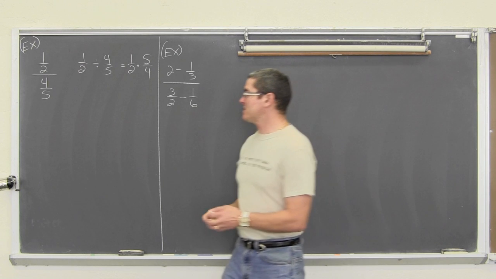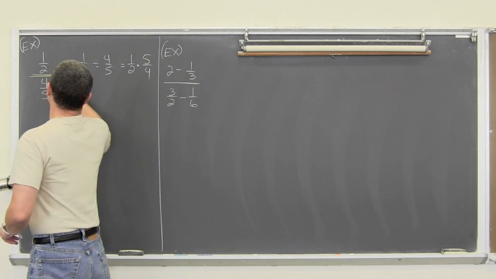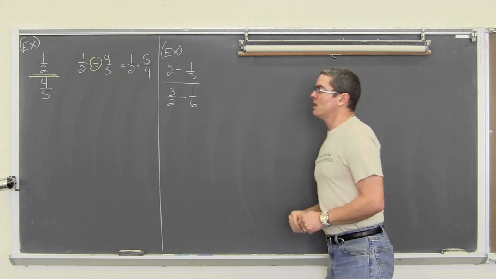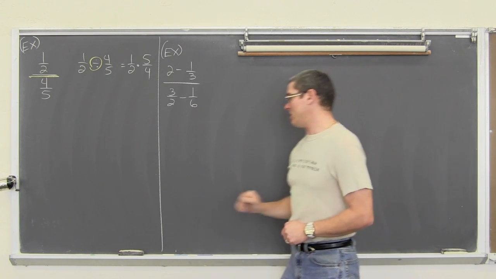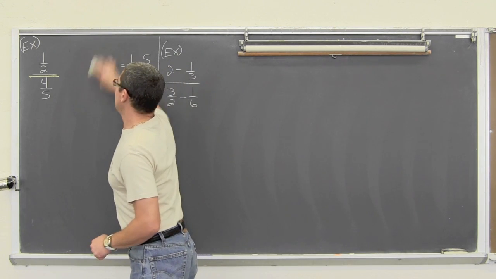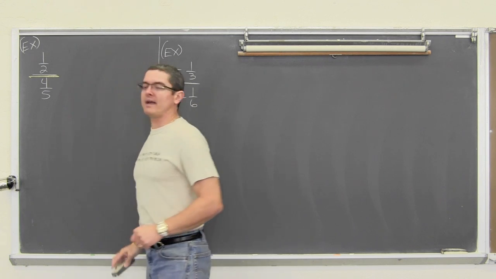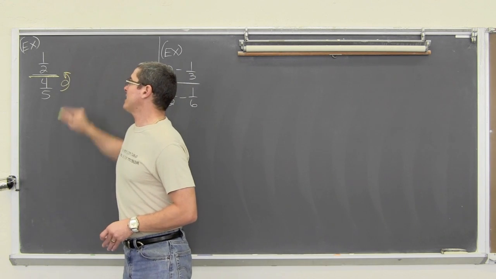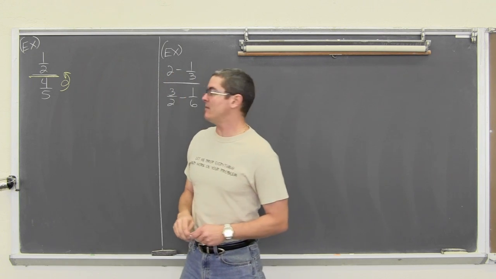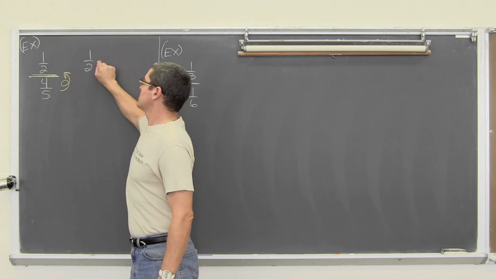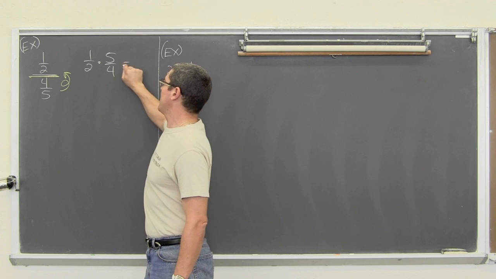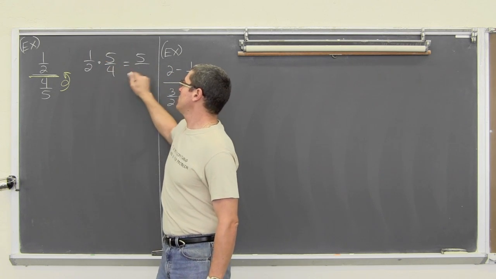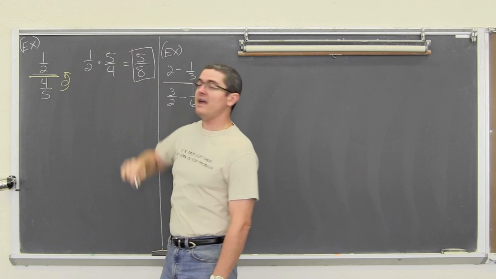Now, I'm showing you with this main fraction bar that, as my notes reminded you, is a division symbol. So I'm not going to write it like this every single time. All I'm going to do is say that when you have a fraction over a fraction, remembering that that fraction bar means division, you are going to multiply by the reciprocal of the fraction that's in the denominator. So that's going to be 1/2 times 5 over 4, and that is equal to 1 times 5, which is 5, over 2 times 4, which is 8.